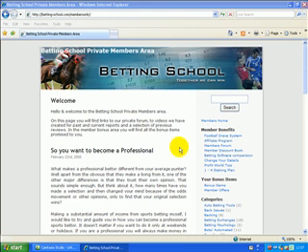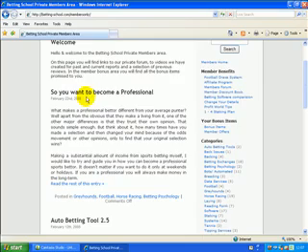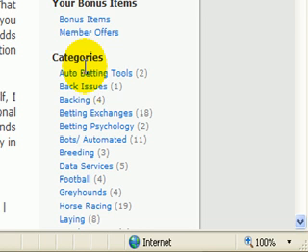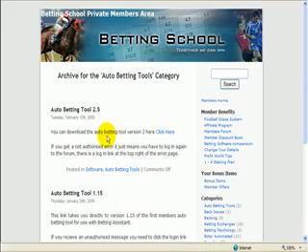Currently it's the second item on the home page of the members area here, but if you're watching this video later then it may have moved down the page as we add new items. But if you click in categories, auto betting tools, then that's where the tools will be kept. So we need to download tool 2,